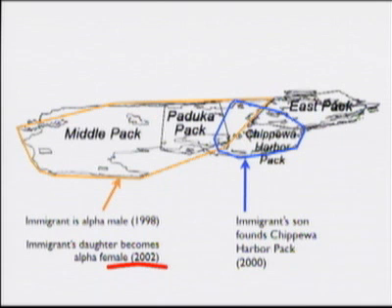Okay, well, what happens a couple of years later, right here, in the year 2002, is that the immigrant's daughter becomes the alpha female of Middle Pack. The alpha male and his daughter begin mating. Wolves generally avoid doing that, but what probably is being indicated here by this behavior is that basically the immigrant is,